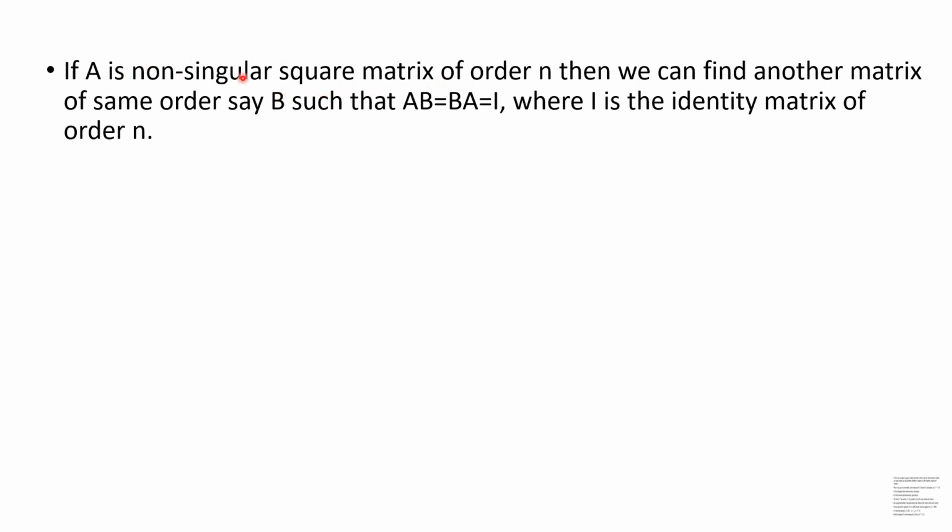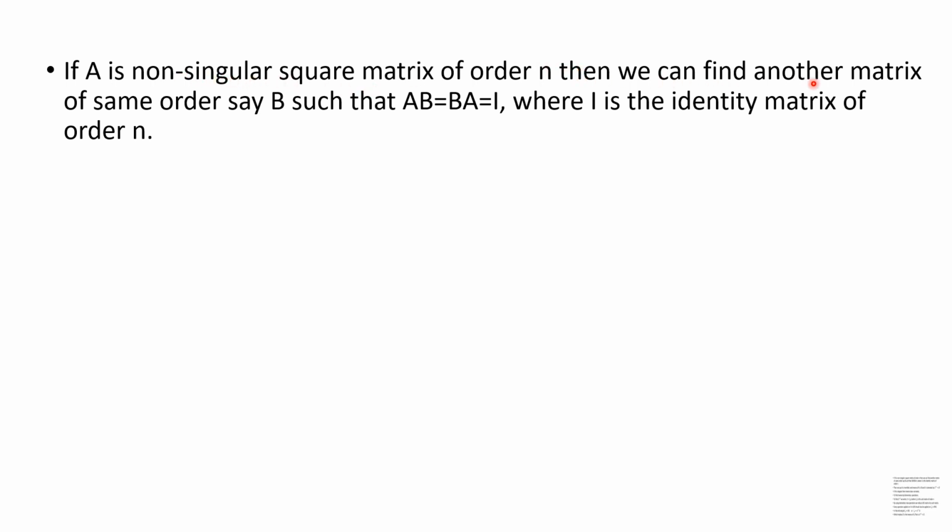What do you mean by a non-singular matrix? You have to recall the types of matrices, as I said in the very first video. There you come across singular matrices, non-singular matrices, and so on. A non-singular matrix is the one for which the determinant of that matrix is not equal to 0. You keep it in mind. So if the determinant of A is not 0, then that matrix is said to be a non-singular square matrix. To say that the inverse of that matrix exists, the matrix should be a non-singular matrix.